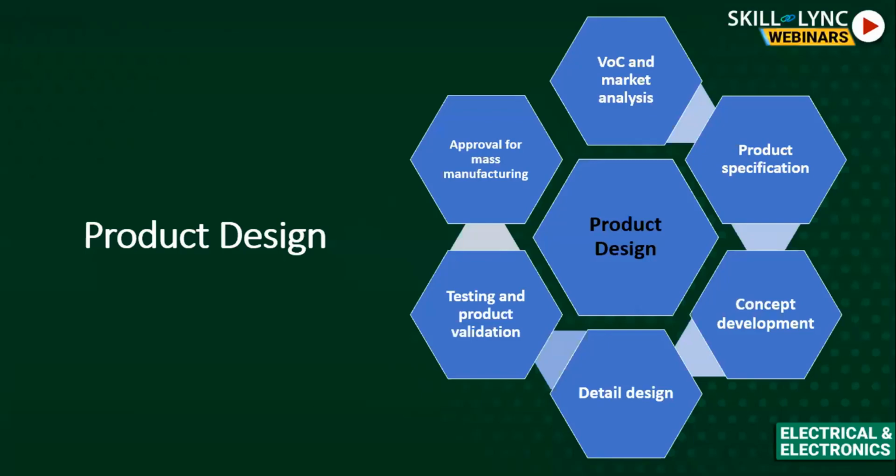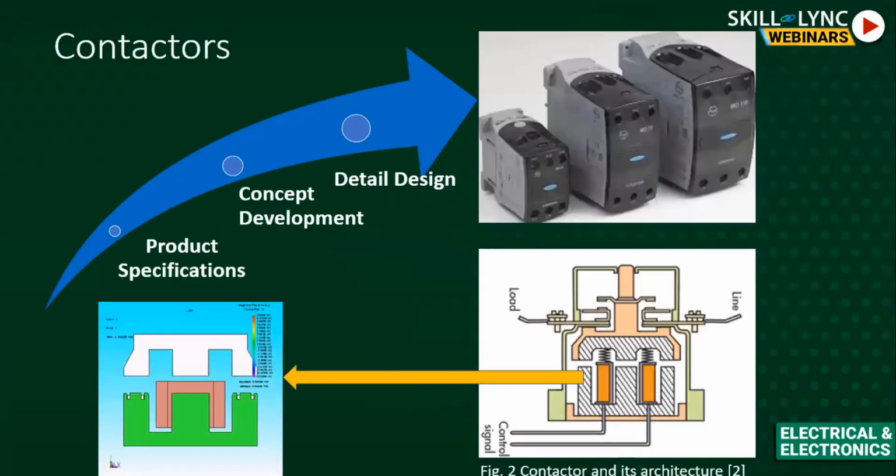So if we take the case of contactor design, the first figure shows the final product, how it looks. If you take the cross section of this product, it has the contact system, the top part, and this is the contact system, and this is the electromagnetic system. So like I said, how do we incorporate the various designs and theoretical expressions that we study into the design?